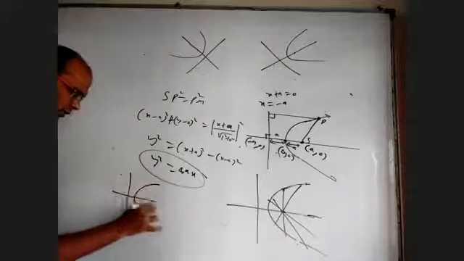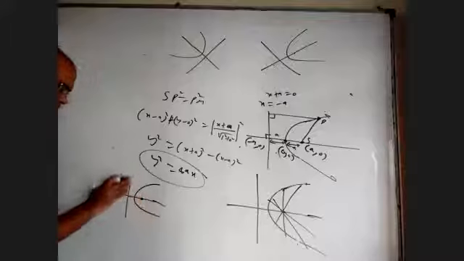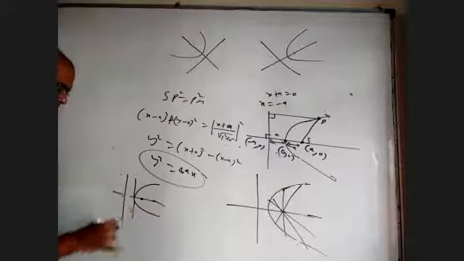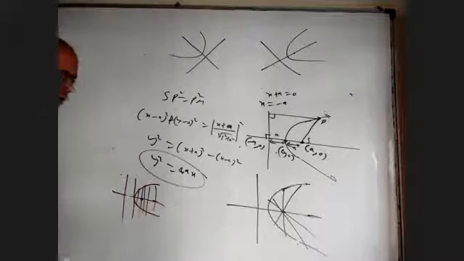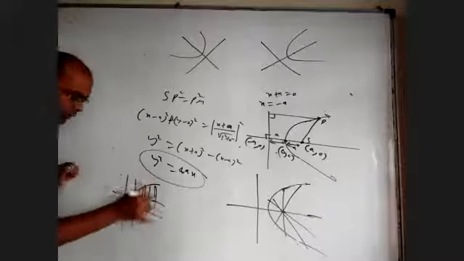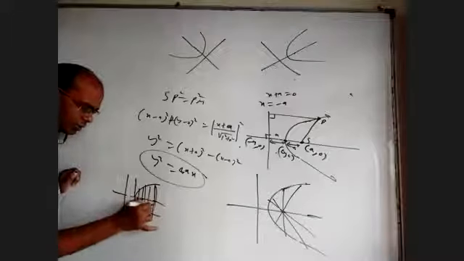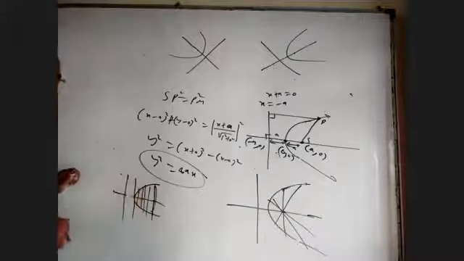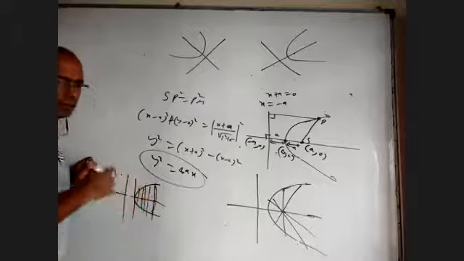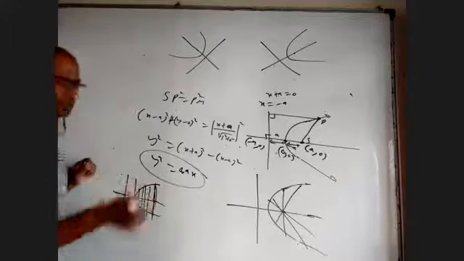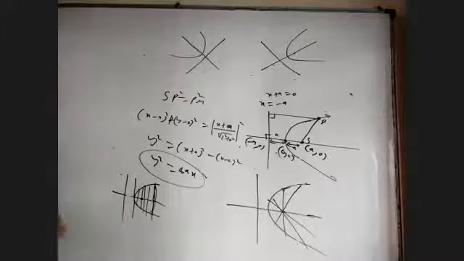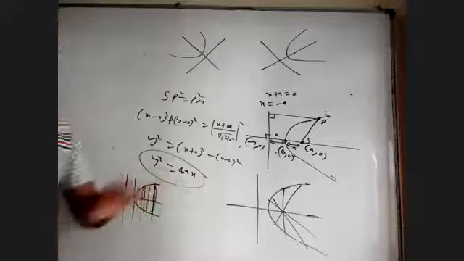Any chord which is perpendicular to axis, like this, like this, like this, all perpendicular to axis, they're all called double ordinates. In fact, this upper part is called ordinate. This is also called ordinate. Two together is called double ordinate. In fact, if you take any point, x coordinate is called abscissa, y coordinate is called ordinate. After all, this height is y. In that way, also it is ordinate. Okay. So all these are called double ordinates. All these are called focal chords.